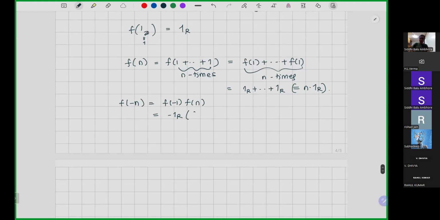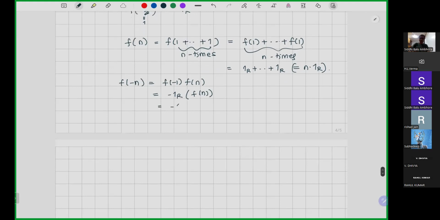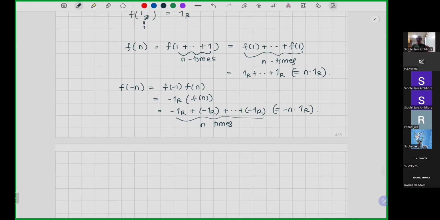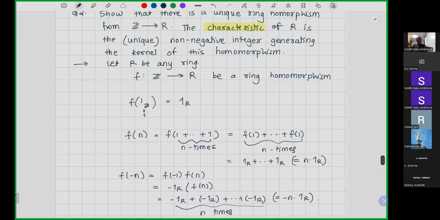So with into f of n, it is minus 1_R plus minus 1_R plus minus 1_R, n times, which is minus n times 1_R. So this is the map, and this has to be the only map defined from Z to R because